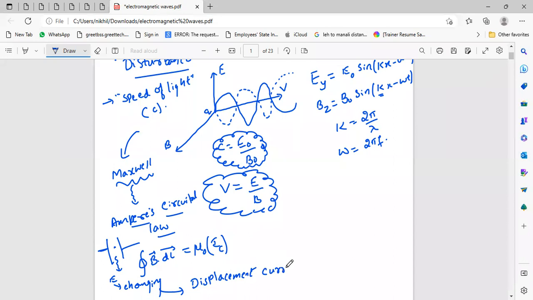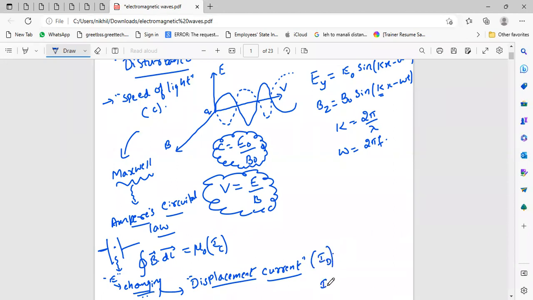So what is displacement current? Displacement current is the one which is constituted because of the changing electric field. Please remember that displacement current is denoted by the symbol ID,